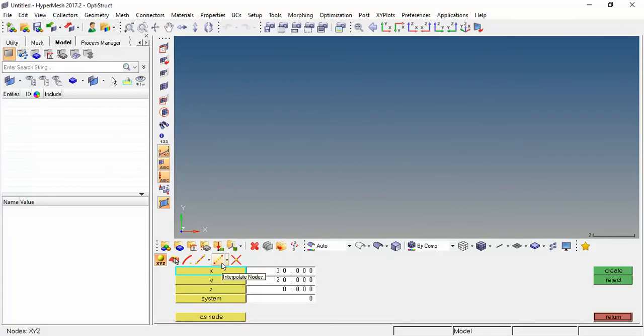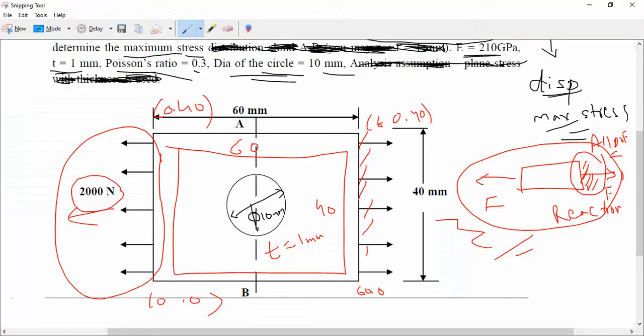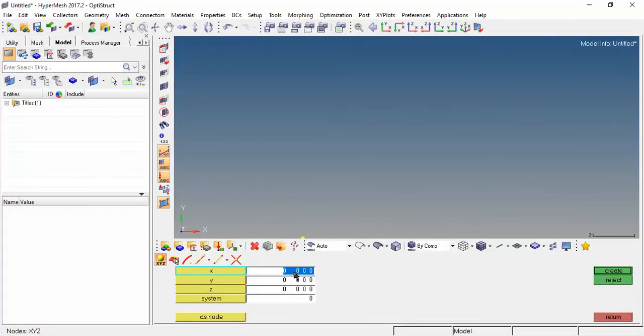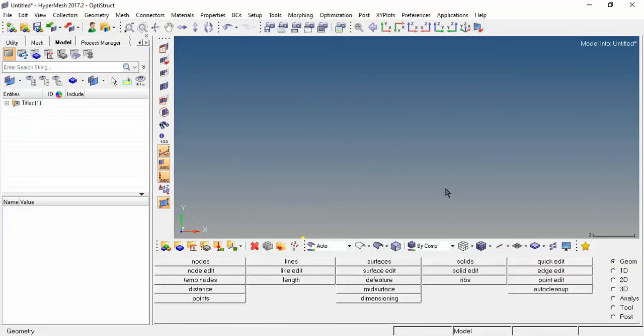The first node by default I will give 0 0, create. The second node 60 comma 0, third node 60 comma 40 and last node 0 comma 40. So create, return. I'll give fit here.